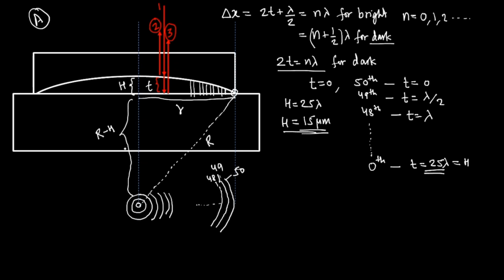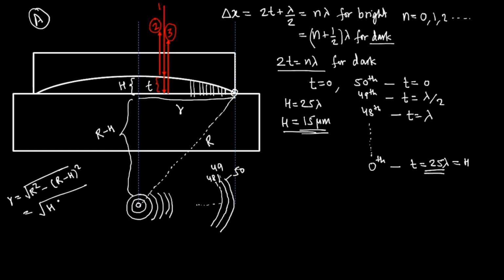Now you see over here, from the Pythagoras theorem, very easily you can say r squared is equal to R squared minus (R minus h) squared. If you solve it, you get